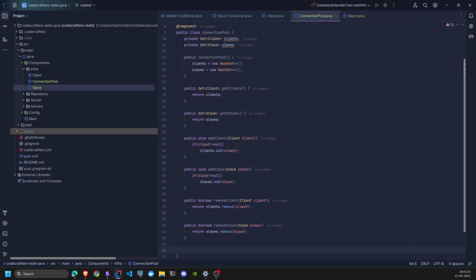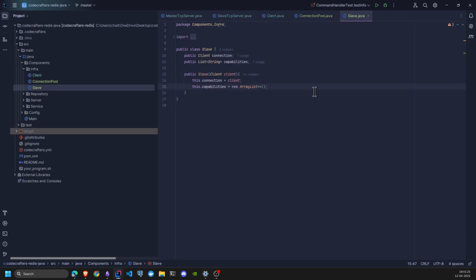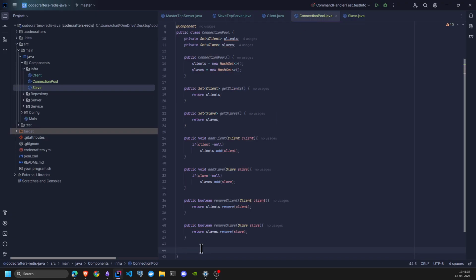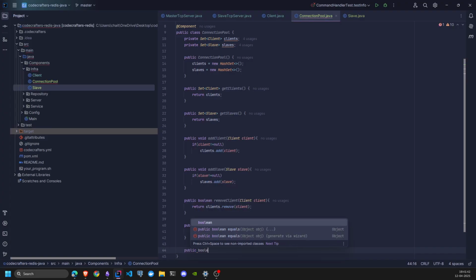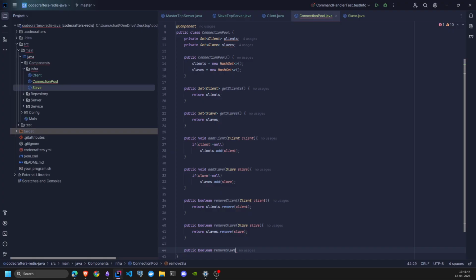And now just think about it a little. My slave has a client. It's a one-to-one relationship and a unidirectional one-to-one relationship. So can I remove slaves on the basis of client? Yeah, we can. So let's just add that as well. Public boolean remove slave, but instead of taking a slave, it takes a